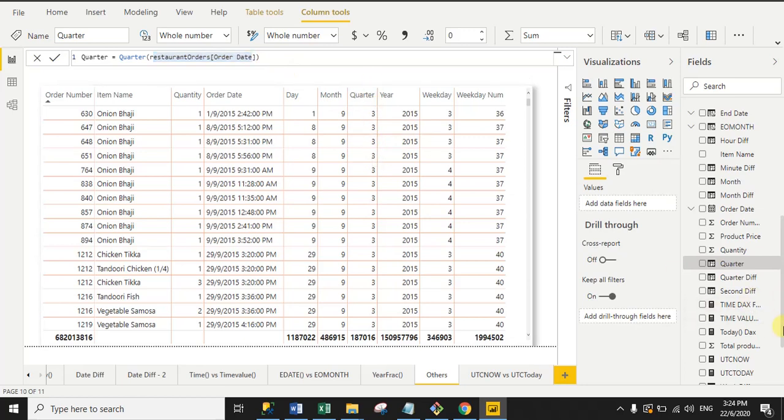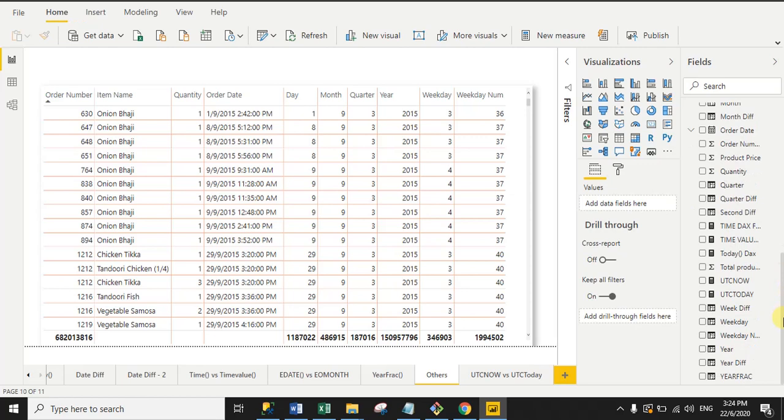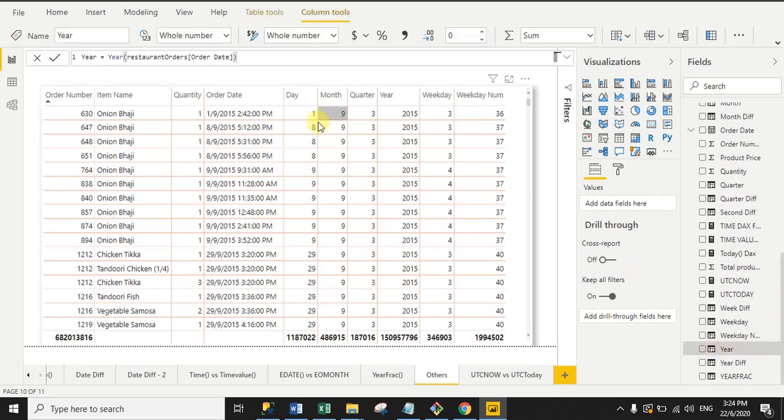Now I will show you how you will get the year from a given date. I simply write year and then I give the date, so it will return the current year from your given date. Now I will show you how you will get the weekday from your given date.